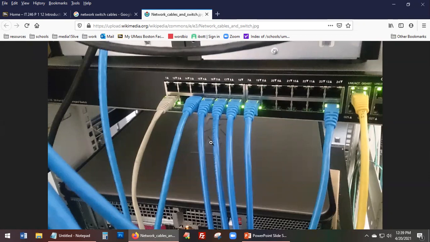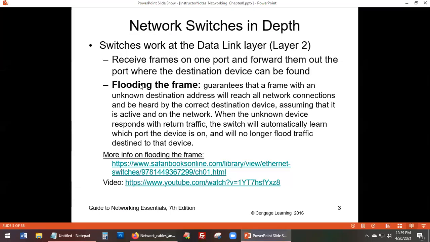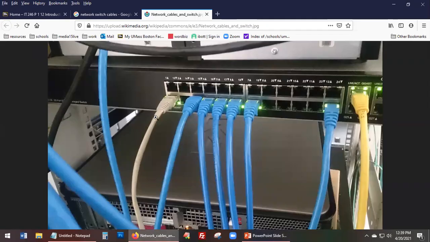Yeah, I'm here. Okay, so when we say flooding the frame, right? So you take out this cable and you put it in the next day. Now while it's taken out, or let's say the very second that you put it back in, somebody tries to send an email or whatever to that computer. Well, in that instant or those few moments, the switch has no record of this computer. And so when the message comes through to this cable,